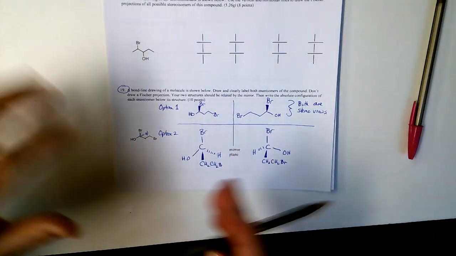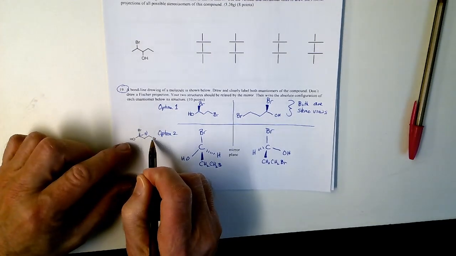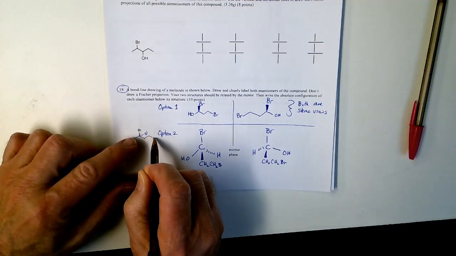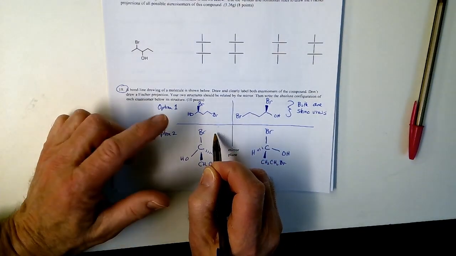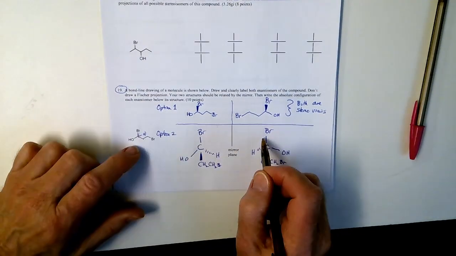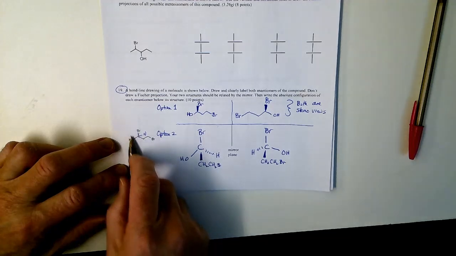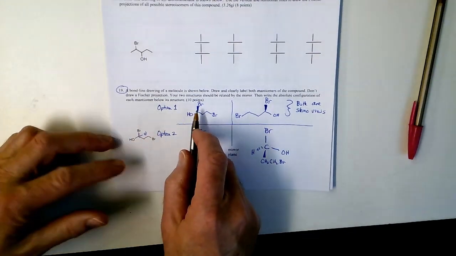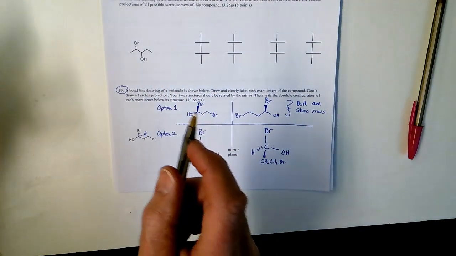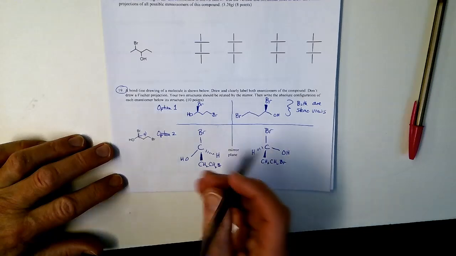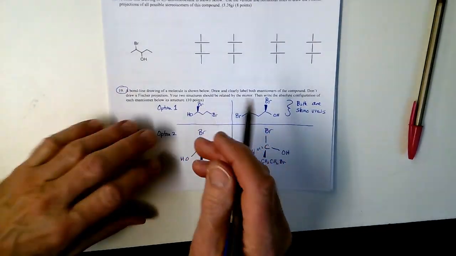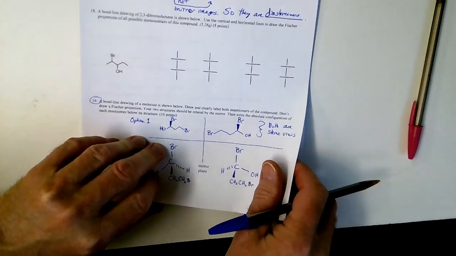What you don't want to do, and somebody always does this, is take this bond line drawing and draw it, and then come over here and draw its mirror image. The problem is, if you don't start with a stereo view, you haven't drawn a mirror image. So as long as you get off to a good start, this probably is quicker. I'll skip the R or S for now, just to keep us on track with time, and we can come back to that if you want to.